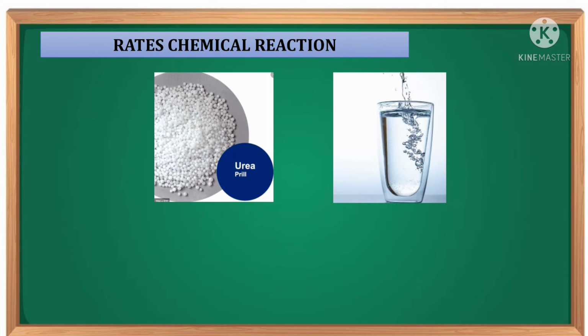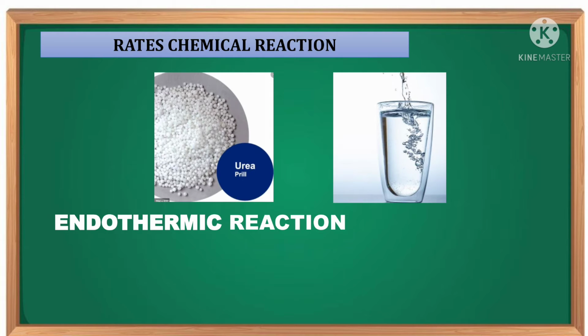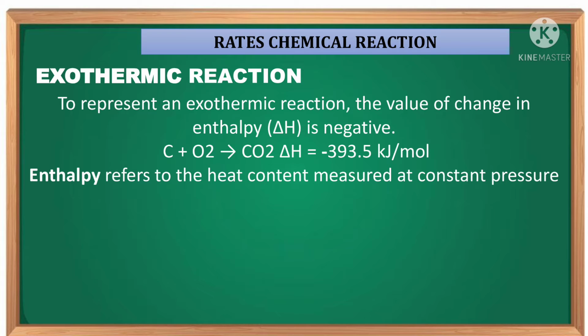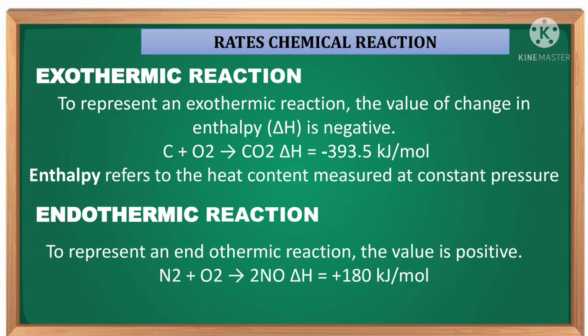When you mix urea and water, the container of the mixture feels cold. This is an example of endothermic reaction, and it is a reaction wherein heat is absorbed. And to represent exothermic reaction, the value of change in enthalpy, or the delta H, is negative. Enthalpy refers to heat content measured at constant pressure, while in endothermic reaction, to represent this reaction, the value is